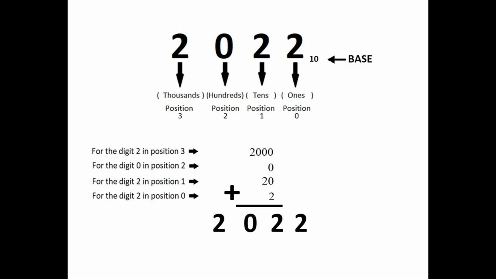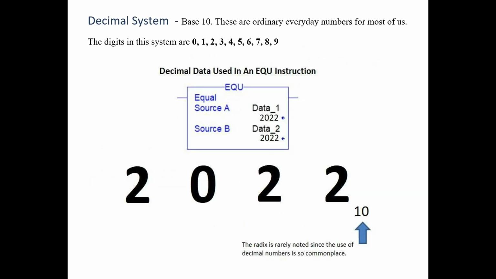Okay, we already knew that 2022 means 2022, but this is a demonstration. This process will make more sense when we look at numbering systems with other bases. And we will get to the other numbering systems soon, but I just want to sum up the decimal system first. The decimal system, and we now know it as base 10. The digits for this system are 0 through 9. And in the diagram, there is a picture of the decimal number